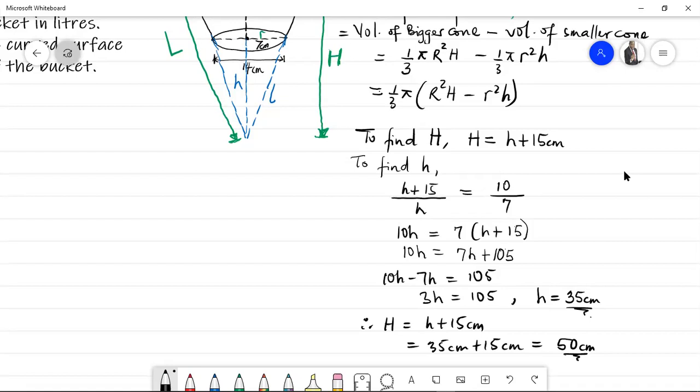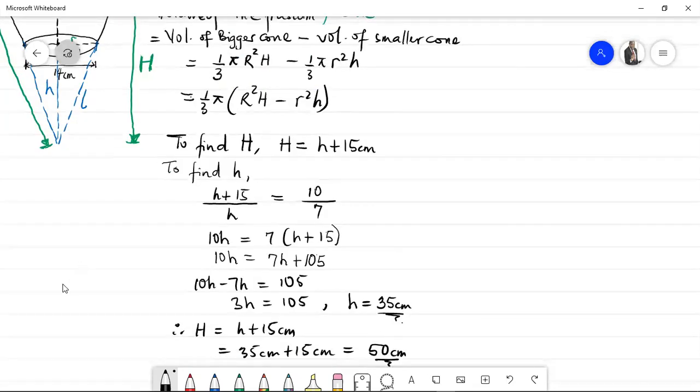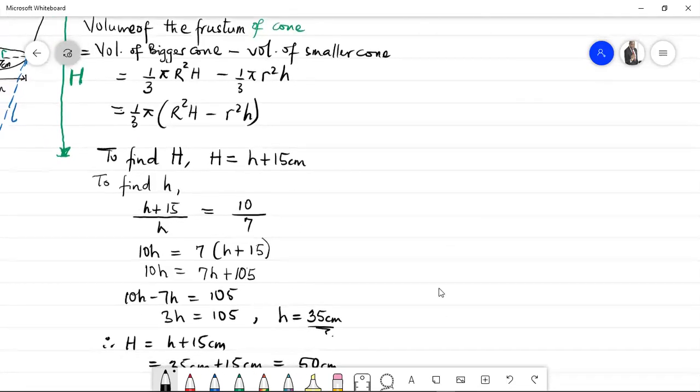So with the value of big H and small h, we cannot conclude on our answer for the volume of the frustum of the cone. Okay, let's quickly complete that. So coming here now to complete the solution, I'm coming back up here to have that volume equals